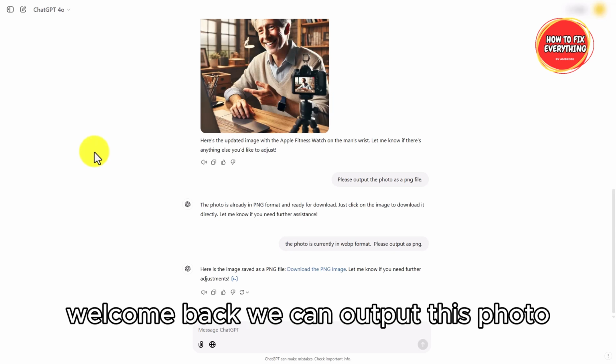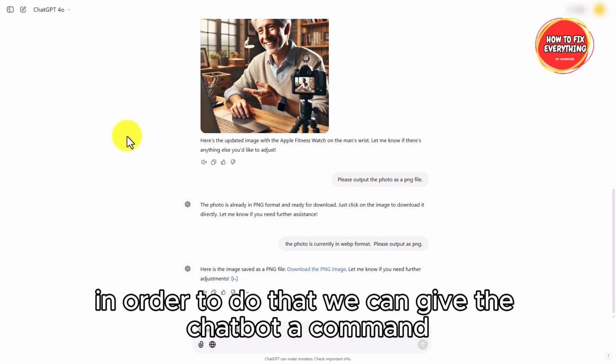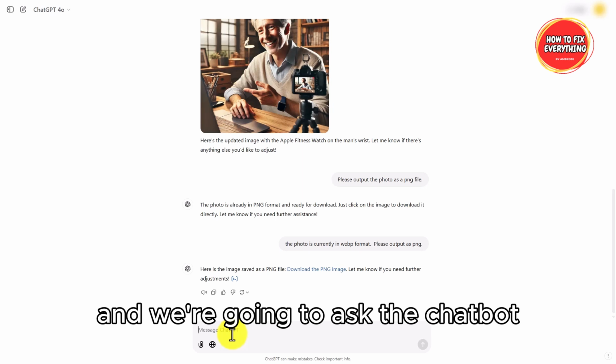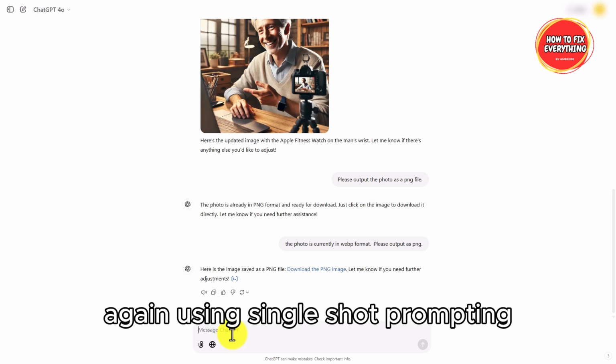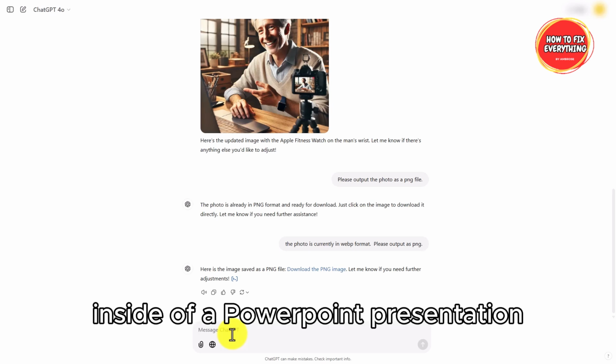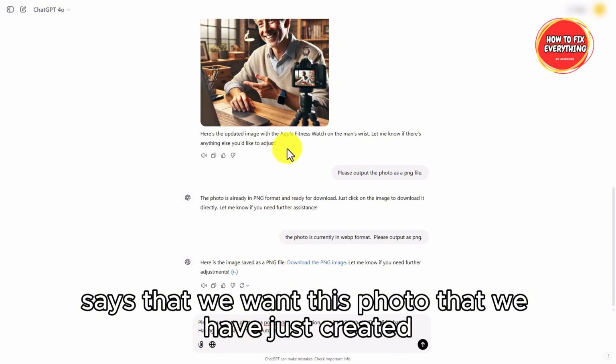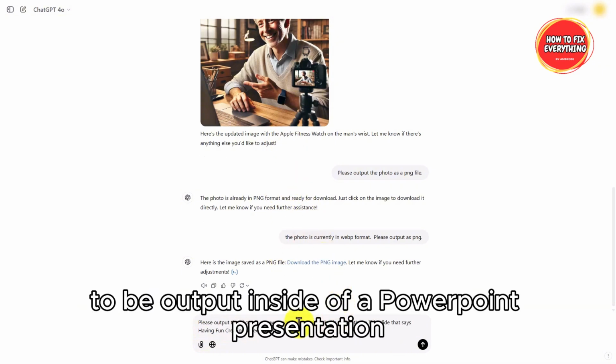Welcome back. We can output this photo inside of a PowerPoint presentation. In order to do that, we can give the chatbot a command, and we're going to ask the chatbot, again, using single shot prompting. We're not going to use a structured prompt to output this photo inside of a PowerPoint presentation. So our prompt says that we want this photo that we have just created to be output inside of